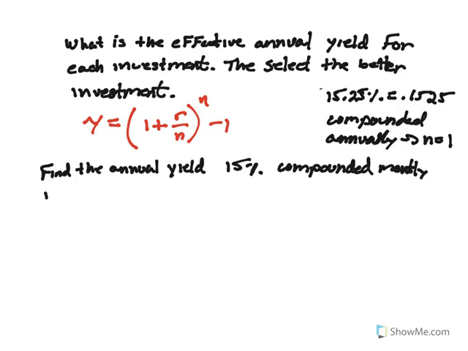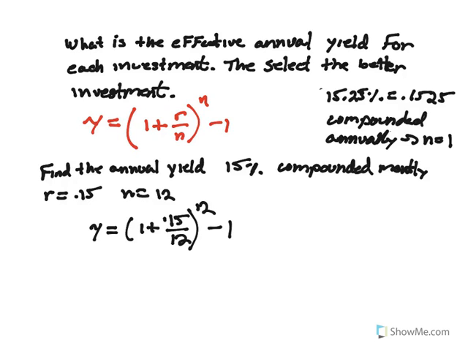And of course, the rate is going to be, well, 0.15. You got to convert that to a decimal. Right, now we know n is going to be 12 because there are 12 months in a year. And then we're going to use the formula that's given here, in red. So let's just plug in the numbers directly. Y equals 1 plus 0.15 divided by 12, raised to the 12th power, minus 1. And when we do all the math, just like before, we are going to get y equals